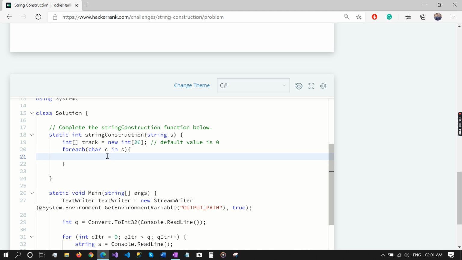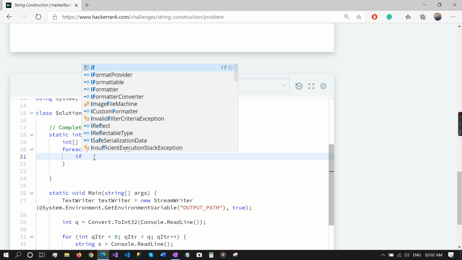Now the first character will be there. Now I have to work on this. I will check whether that character is present in my constructed string or not. To check this, I will check the position, meaning A position is 0. I will check whether the track at 0 is 1 or not. So for that, I will simply